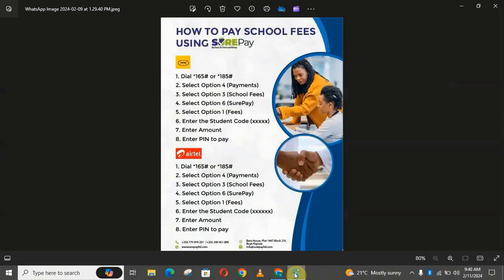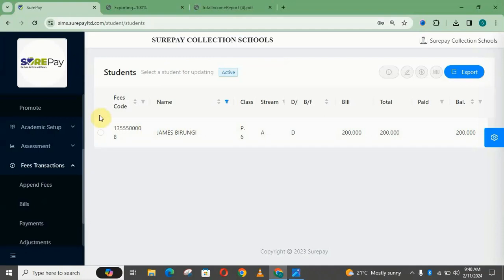So we always need to also know how to pay. If you're going to pay for your child or your parents need to pay, we always use MTN or Airtel or any other channels, which could be over the counter at the Equity Bank or any other bank. But for people willing to do mobile payments, we can always follow this. On MTN, those are the steps, and on Airtel, these are the steps. So we shall go on and pay for our learner James by clicking